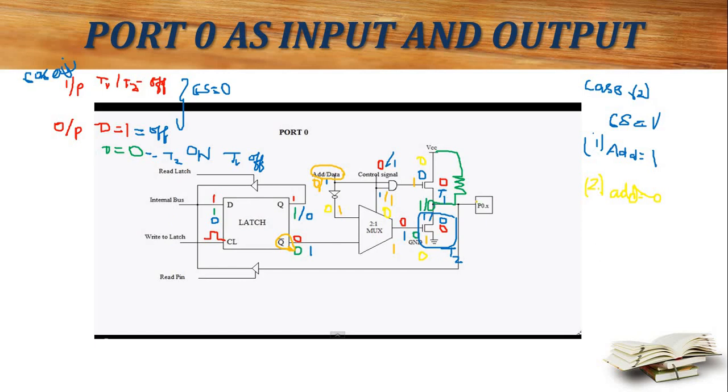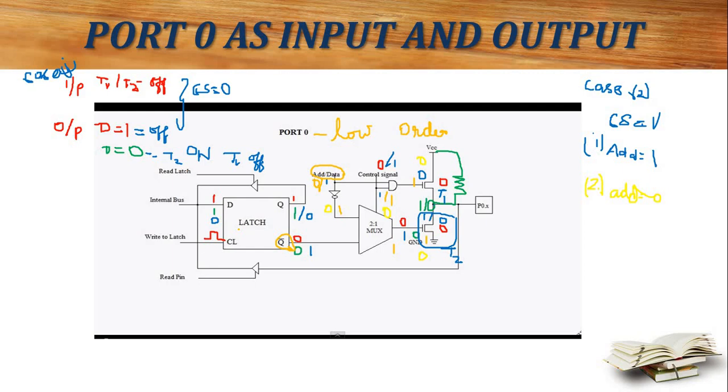Similarly, like port 0, port 2 will also operate. But the difference is that in port 0 we don't have any internal pull-up resistor. We need to add pull-up resistors externally. But in port 2, we have an internal pull-up resistor. That is the difference between port 0 and port 2. In port 0 and port 2 we have address lines. Port 0 will carry the low order address lines, so we have the address signals, whereas port 2 will carry the higher order address lines.